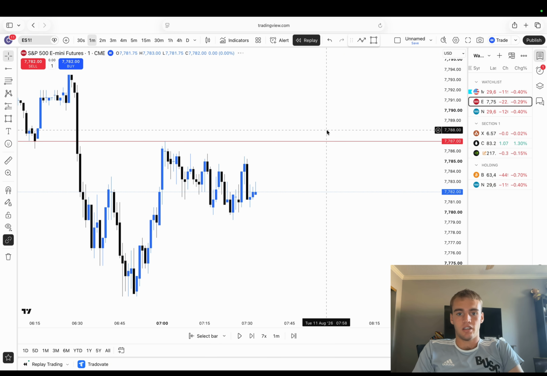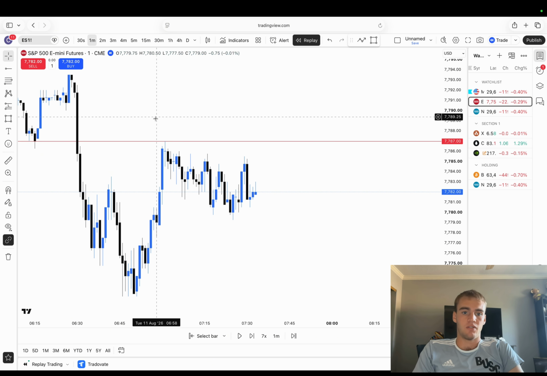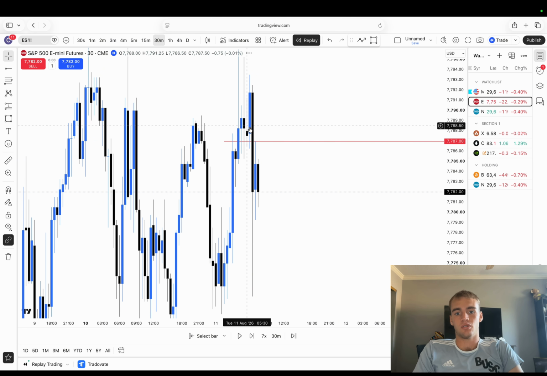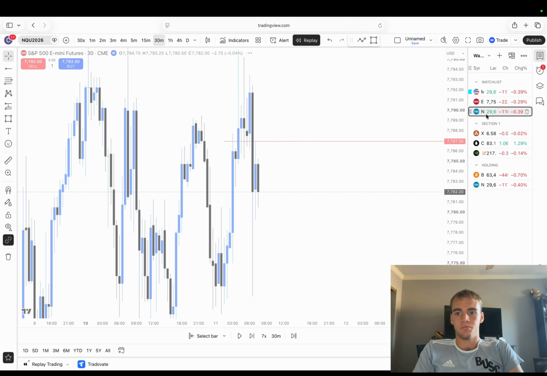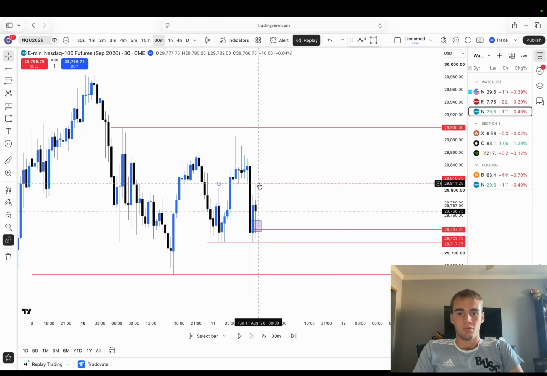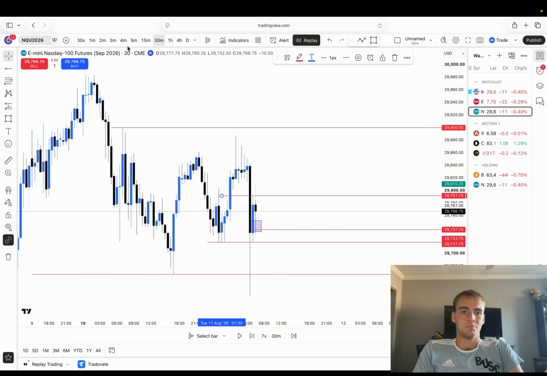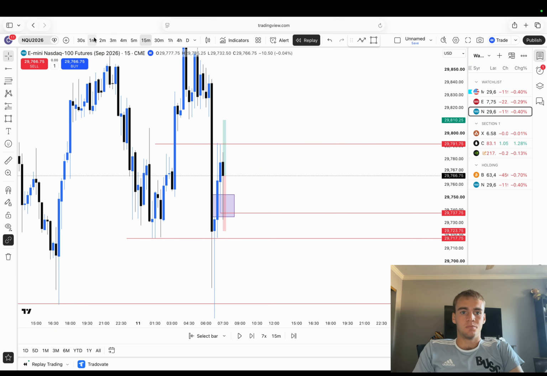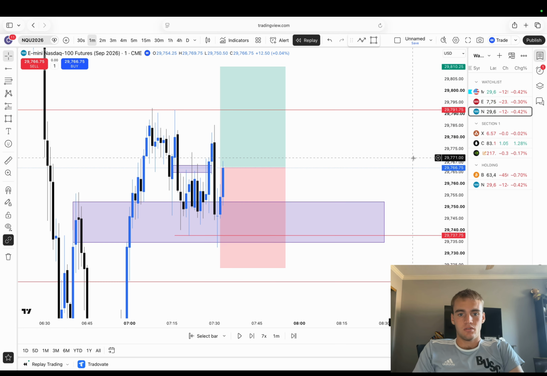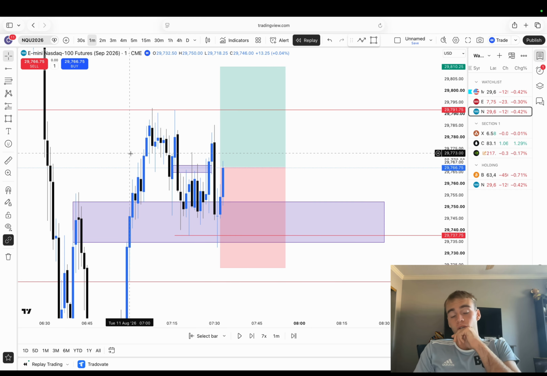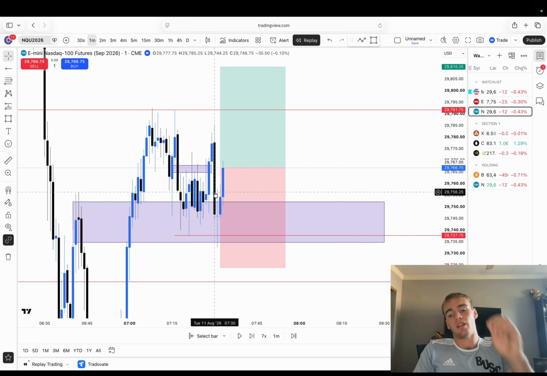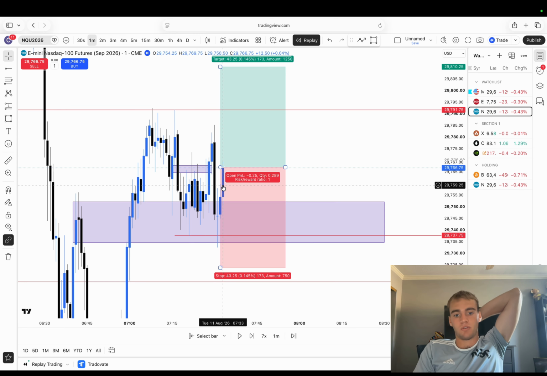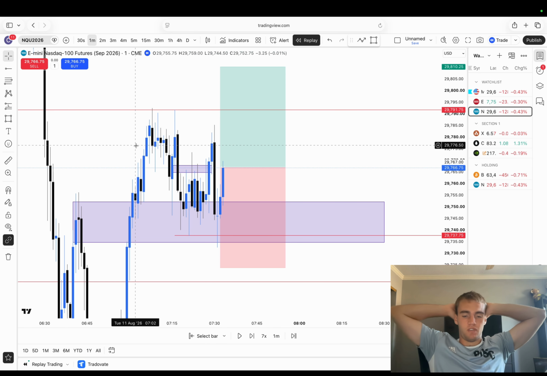If you look on ES, there's all this low resistance liquidity right here to target, and the 15-minute intermediate high, which on NQ is now a 30-minute unfilled gap, which is an even better draw. Reacting out of the 15-minute, overall I just think it's a really good trade. The only thing I don't like about it is the chop and how late in the day it was. I've never taken a trade this late before. It's 7:33. I try and get off around like 7:15. But I thought this was a good trade.